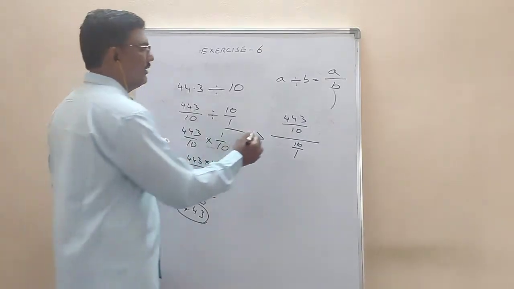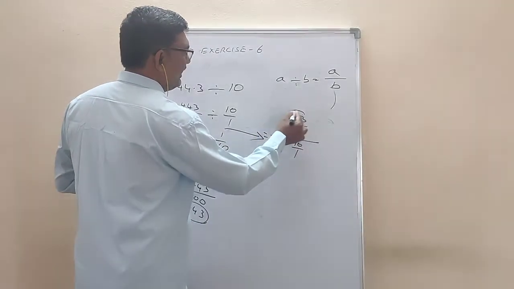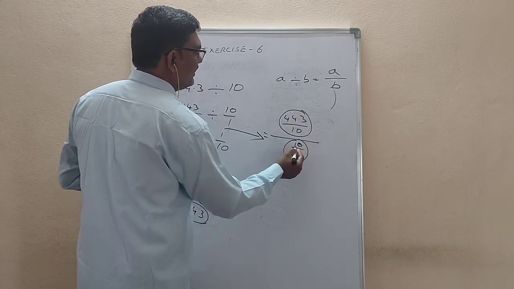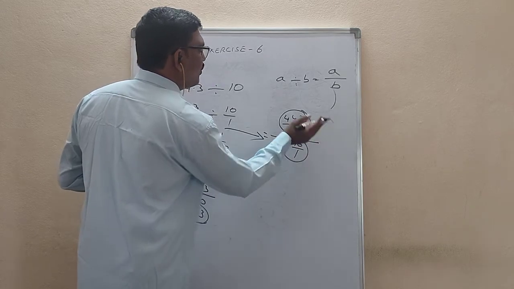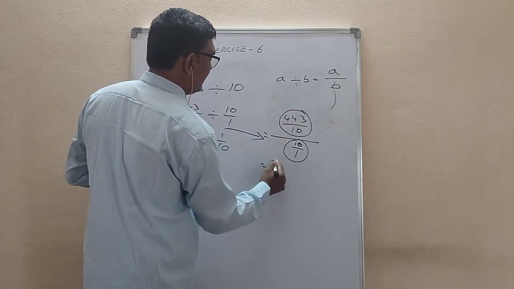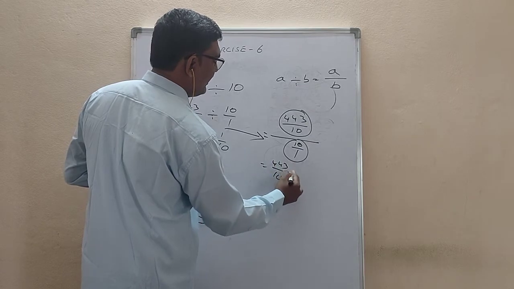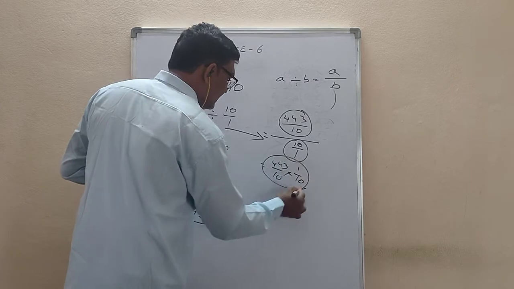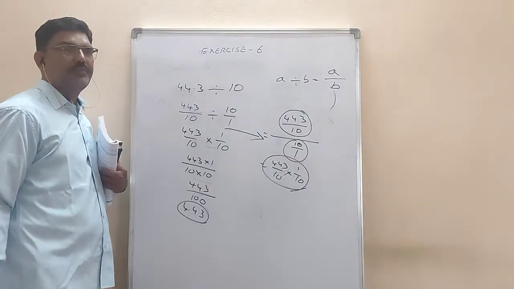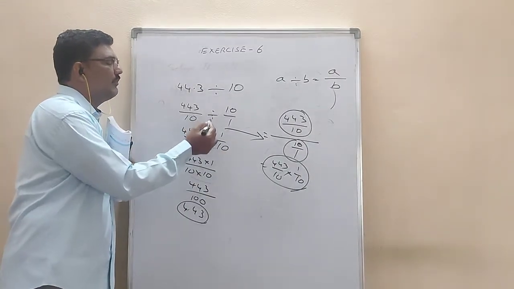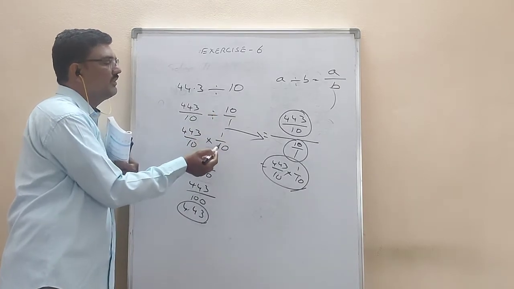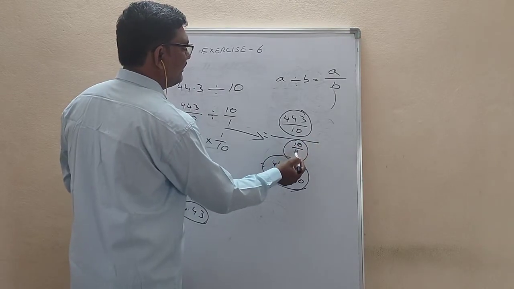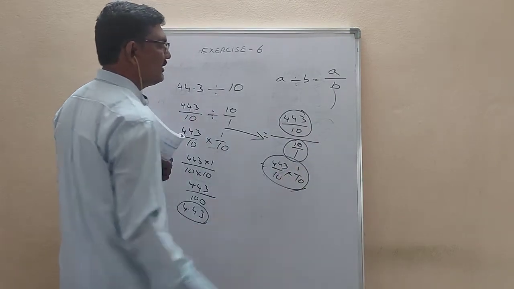So here, what you have to do is, it is a fraction. This fraction goes to the numerator by reversing it. So 443 by 10 into 10 by 1 becomes 1 by 10. This step you are writing here. That's it. So if you have any doubt why divided by becomes into, why 10 by 1 is reversed, you have to do like this. Divided by means this one, and this fraction going to the numerator becomes like this.